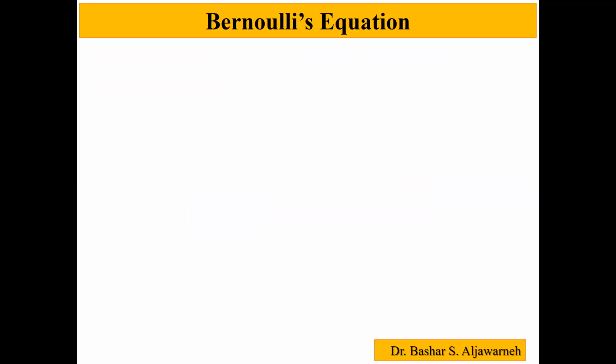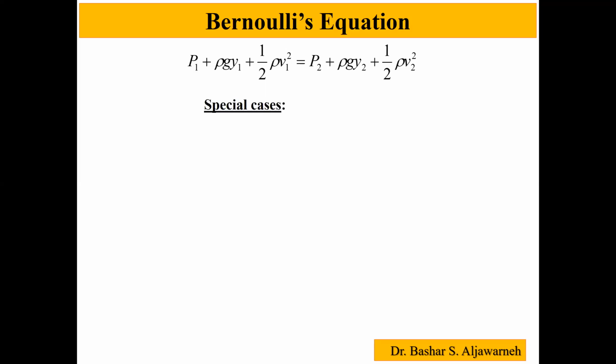So from here, we can get the following equation: P1 plus rho G Y1 plus 1/2 rho V1 squared equals P2 plus rho G Y2 plus 1/2 rho V2 squared. Special cases,